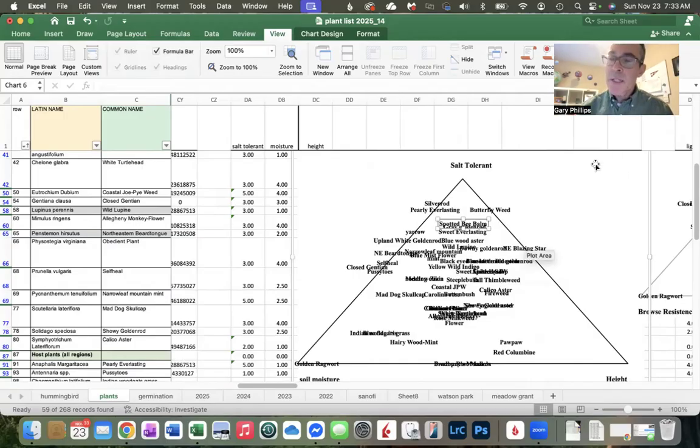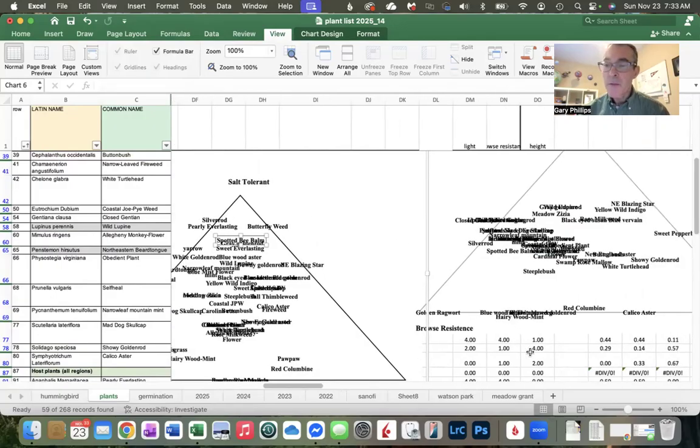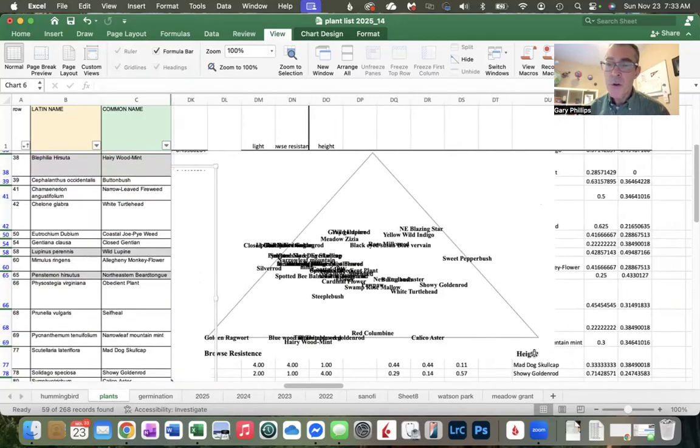So I hope this is helpful, and I do want feedback. I mentioned earlier my goal is to make this interactive and available to everyone. If you've got a workshop you're doing and you hear about this, I'm happy to make a column and filter for your plants as well. But this is the first year rolling it out,